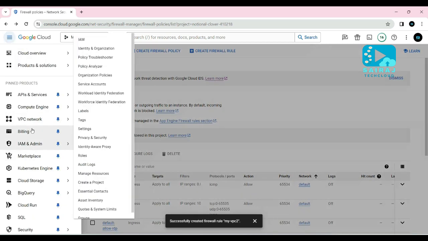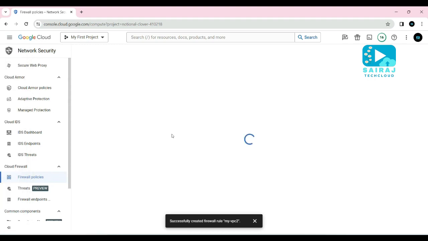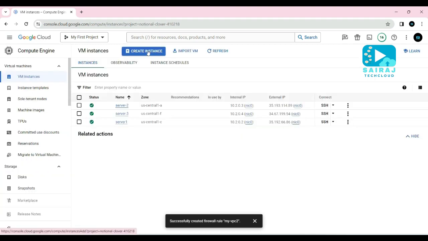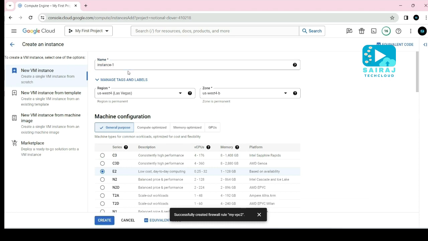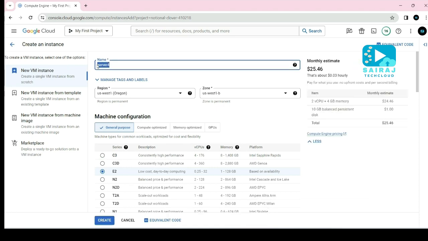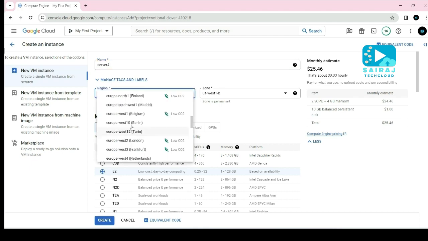Now I'll navigate to the Compute Engine web portal page and create another server here. This is server 4, the name of the server I added. Then region Europe West 1.